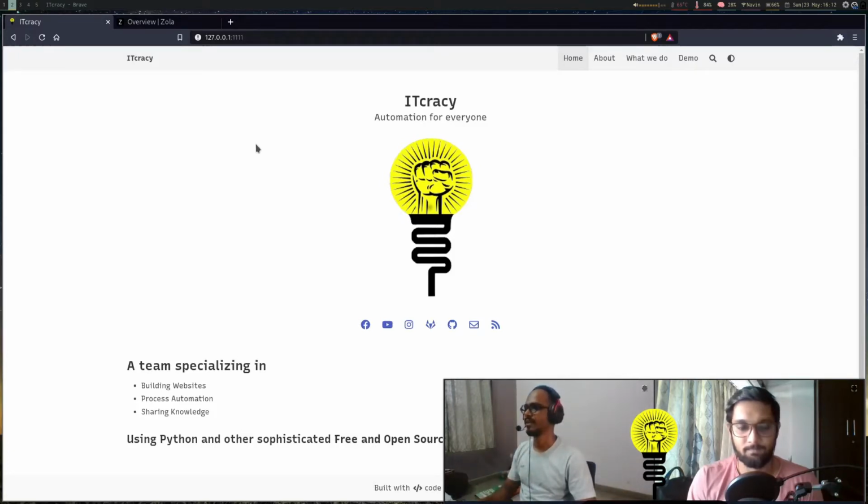So we'll start by modifying our home page, and for that we have to modify the template which is rendering the home page. We'll start with the navbar. As you can see, this is the default navbar that we get with the Deep Thought theme, and we want to add our logo here besides our name itcrazy. So for that, we need to first search the template which is rendering the navbar that we see here.